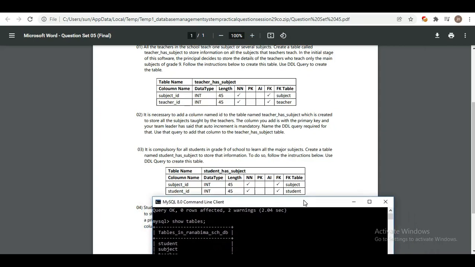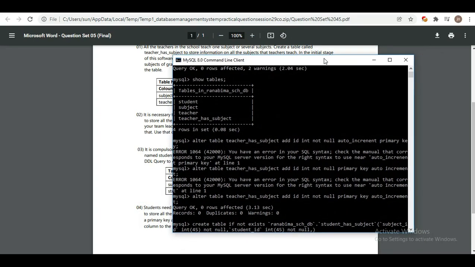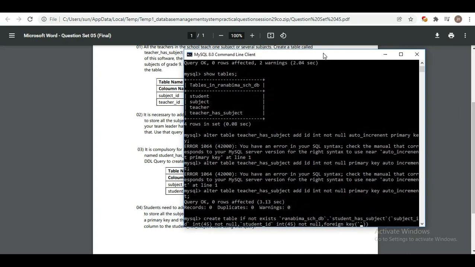The first is subject ID, so I need to type foreign key, and after that I need to mention the name of that column, which is subject ID,